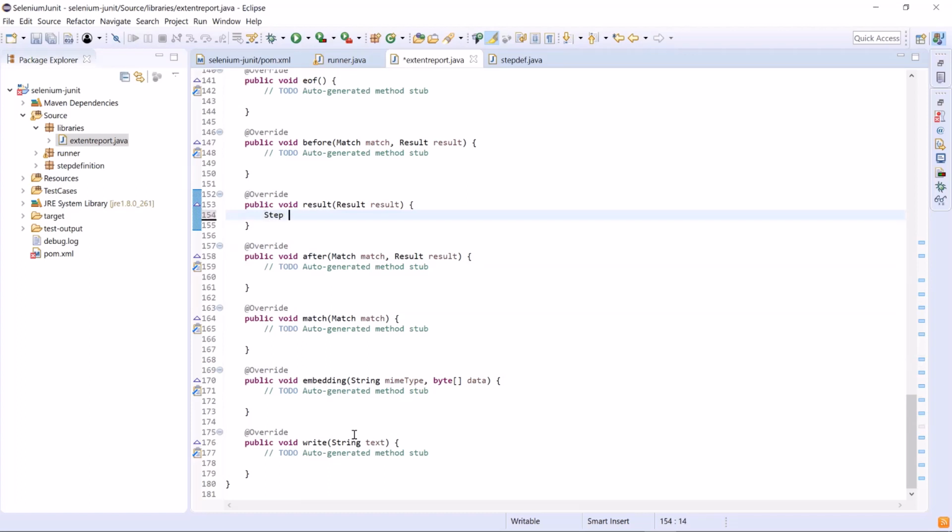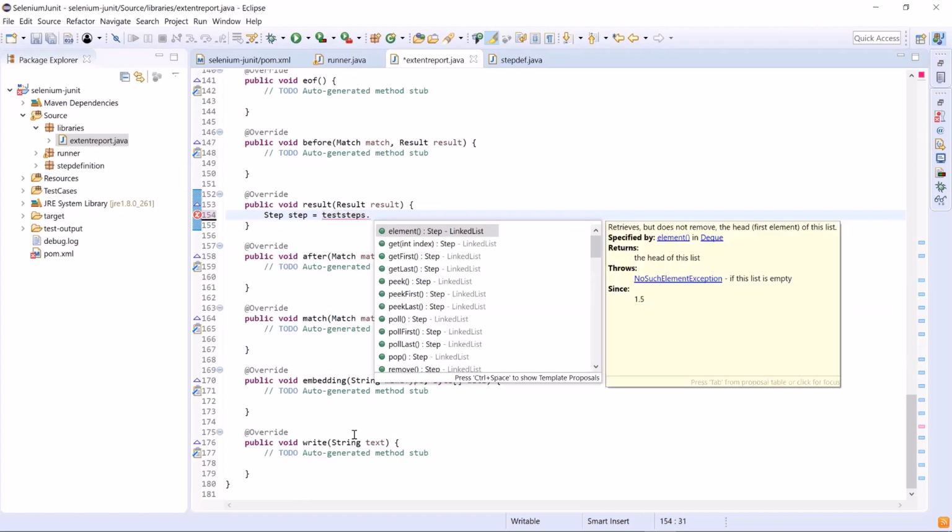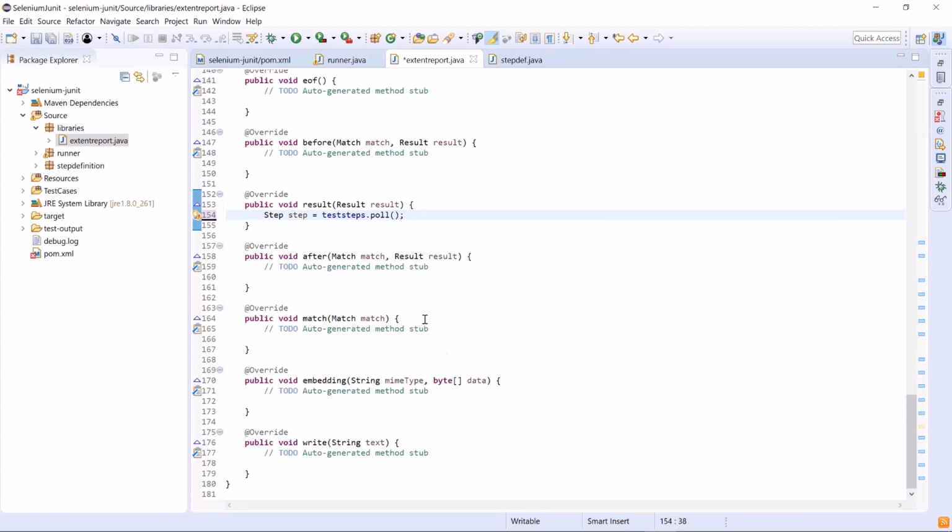Now we'll fetch the step details from the linked list using the testSteps.poll method. This poll method retrieves and then removes the first element of the linked list. So next time this function is called, we'll have the second test step's details at the head of the linked list.